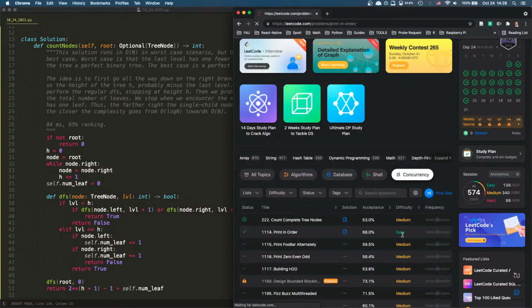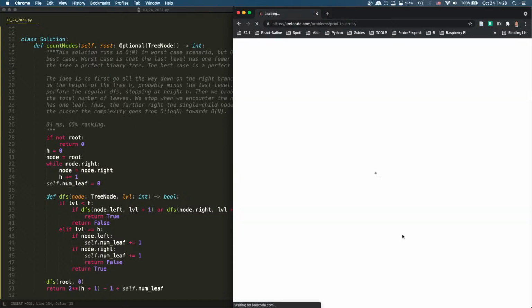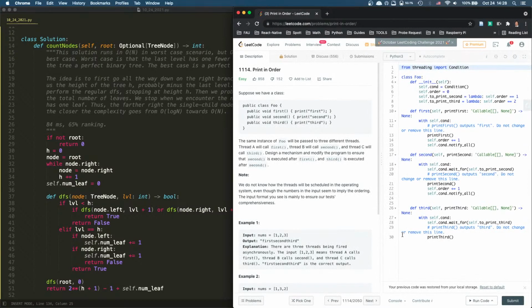It's an easy question. It's just kind of practice for concurrency, for threads, right? Basically, it's handling threads, and this is a very simple, very easy problem to handle threads. So the premise is very simple. You have 3 functions that print out first, second, third, but you don't know how these 3 functions are called on the threads. You don't know the scheduling, you don't know anything. So basically, you need to implement some locks,